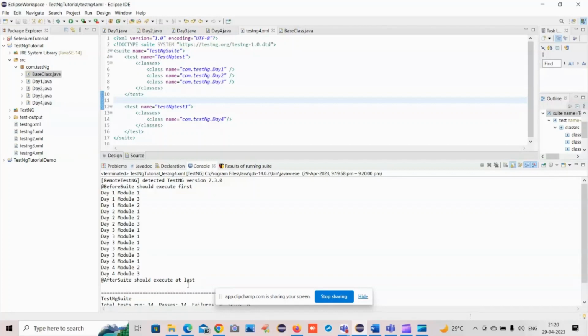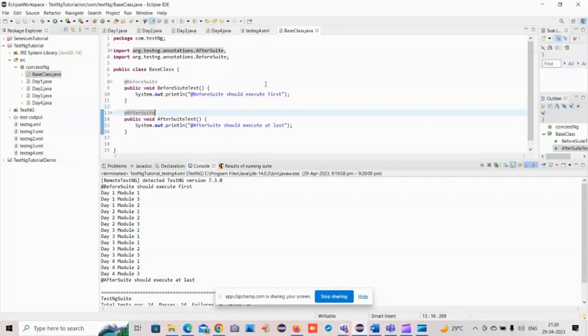In @AfterSuite we can write code to close the connection with the database. Here we are making the connection with the database, and after execution of all the test cases we will write code to disconnect the database connection. So this is basically the advantage of @BeforeSuite and @AfterSuite. Now we will learn